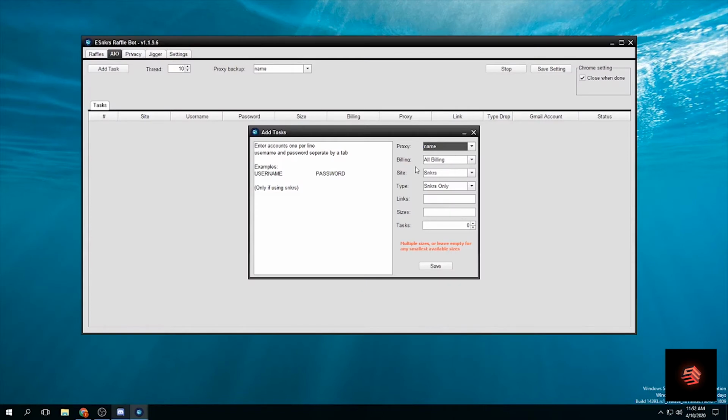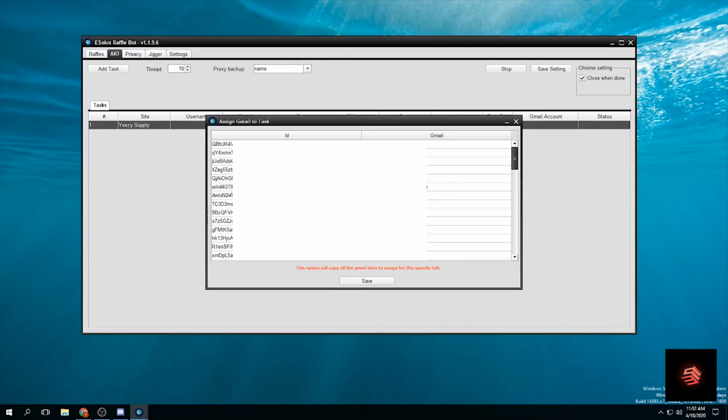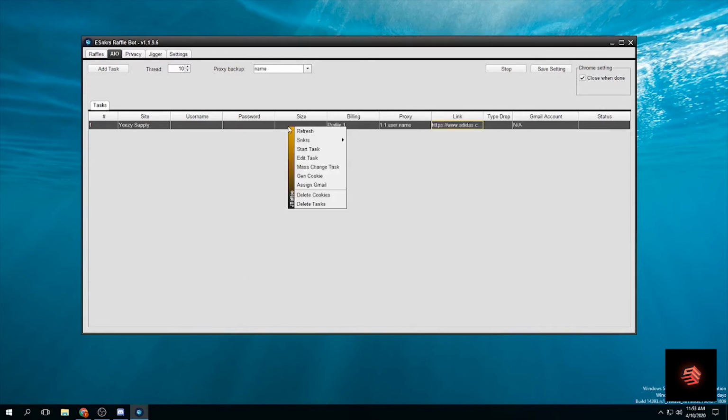For the main website like Adidas, JD Sports, you won't need an account, so leave the account box blank. In order to pass the waiting room or the queue fast, you need to assign your Gmail and its cookie, where you can log in and generate in the raffle section, or generate the cookie right in this section at least 6 hours before the release. Remember that each sneaker will save the session, so if you pass the queue or waiting room once, there's a very high chance that you can pass again with the same task next drop.